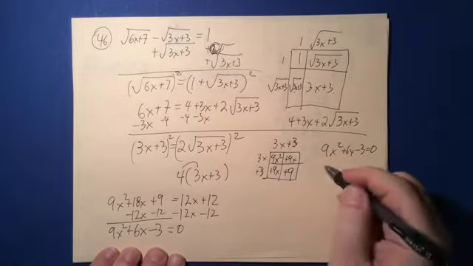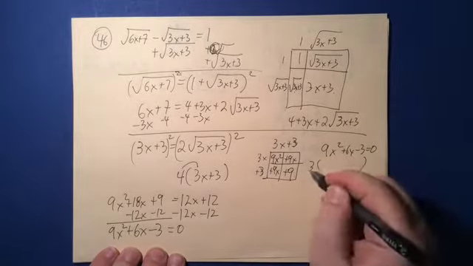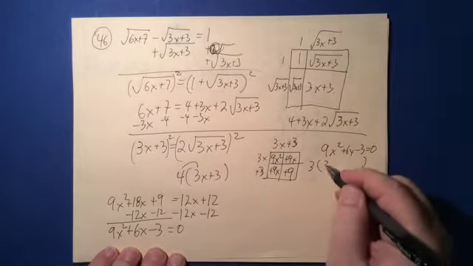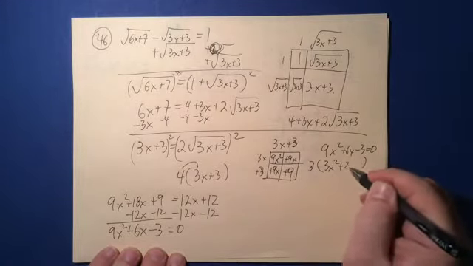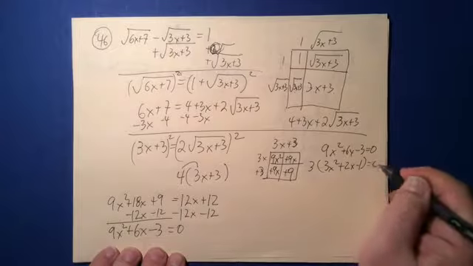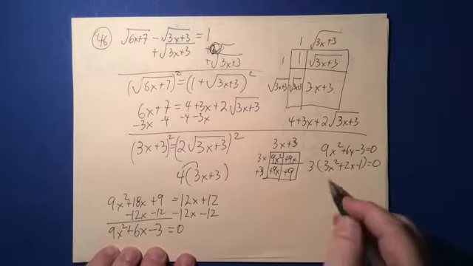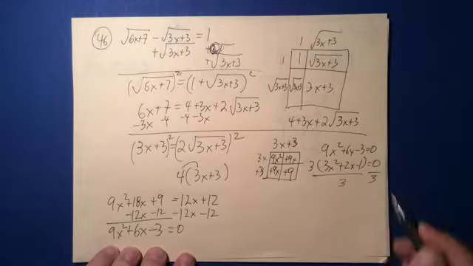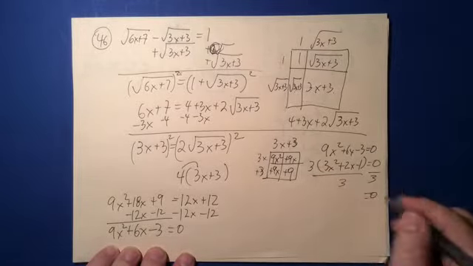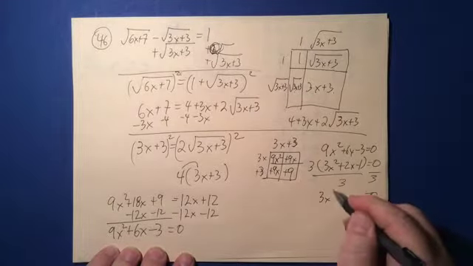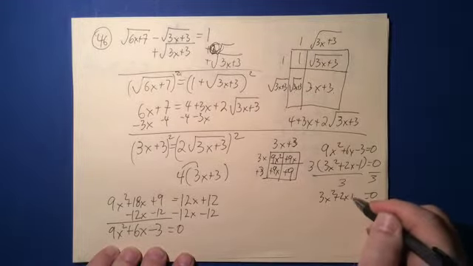One thing we can do to simplify this significantly is go ahead and factor 3 out of this. So it'll be 3 times 3x squared plus 2x minus 1, and that's going to equal 0. This is a key step. Don't forget this. I want to get rid of this 3, so I'm going to divide by 3. 0 divided by 3 is still 0, and I'm going to be left with 3x squared plus 2x